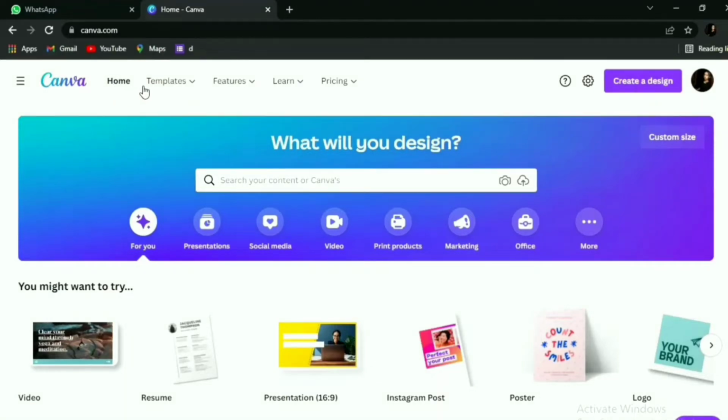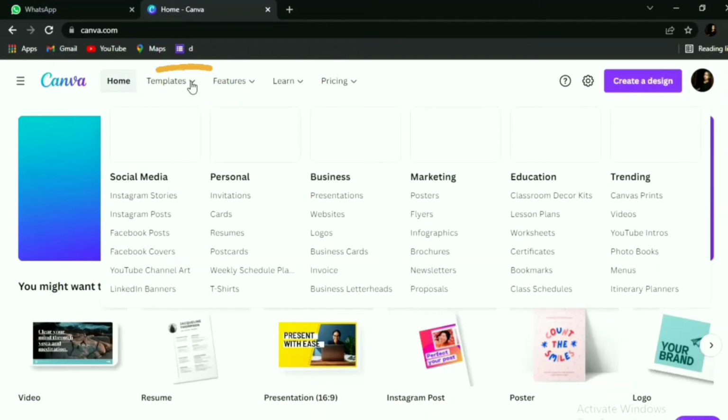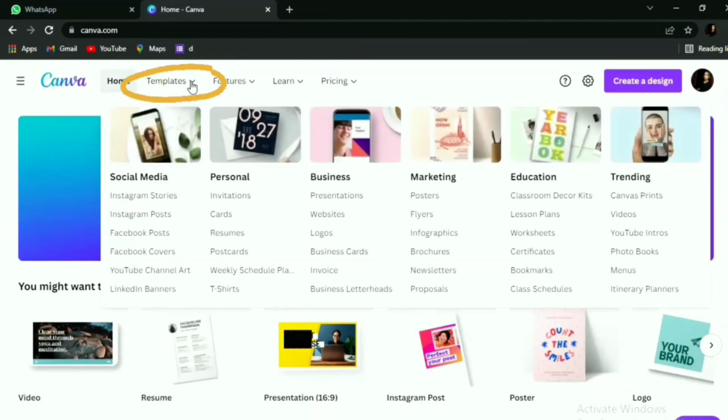The second menu section is Templates. This template function is a feature that provides templates that have been created by other people, and we can use them, which makes it easier for us as users too.